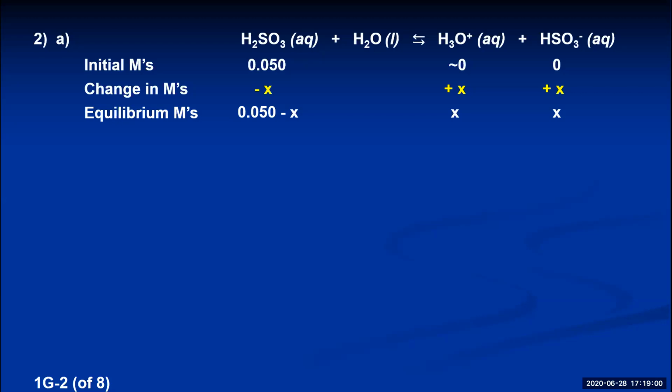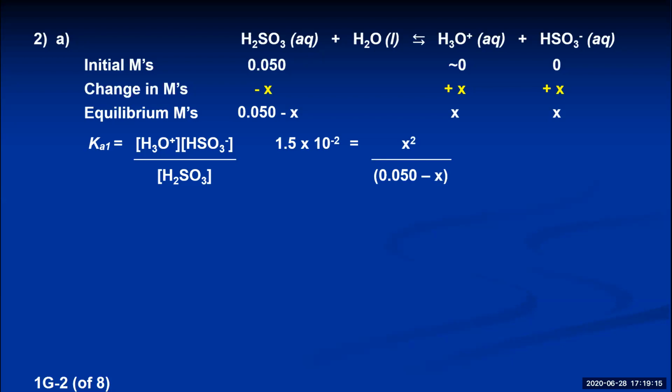The equilibrium constant expression for this particular reaction will equal an equilibrium constant called the Ka1 for sulfurous acid. That'll be hydroniums multiplied by bisulfite divided by sulfurous acid. By looking up the Ka1 value, which is 1.5 times 10 to the minus second, and plugging in the equilibrium molarities, we can solve this for X, either by the quadratic equation to get the answer exact, or by ignoring the X in the denominator and solving the more simple algebraic expression, which leads to 2.7 times 10